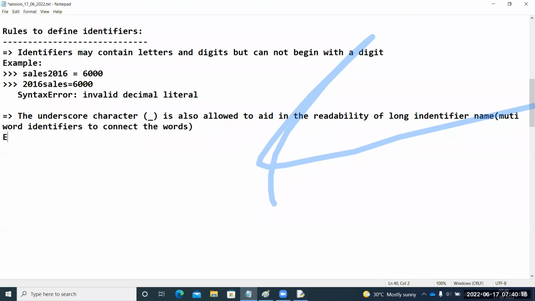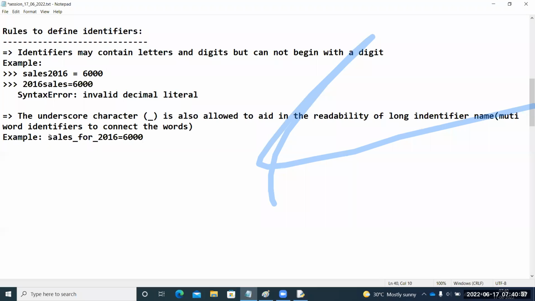Let me take one example. Let me give a more meaningful name. I want to define sales for the year 2016 is equal to 6,000. Now it is more readable and more meaningful. Sales2016 is also fine.